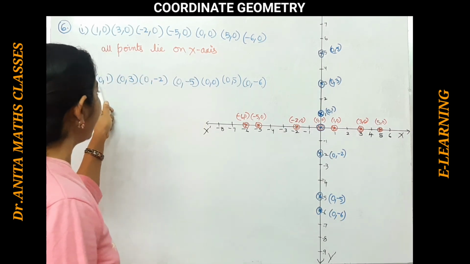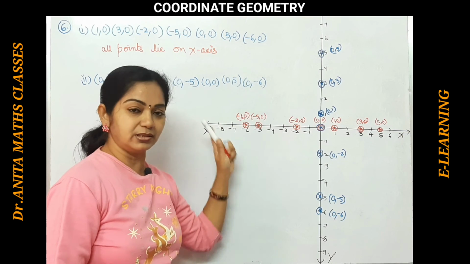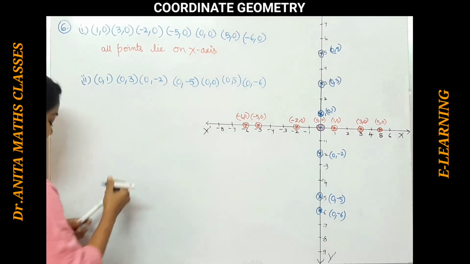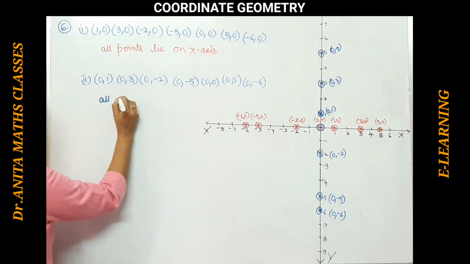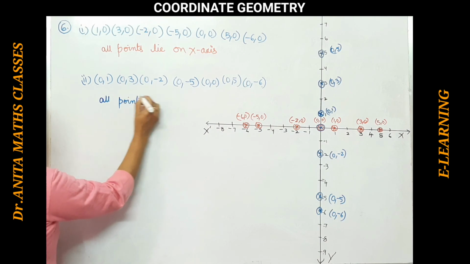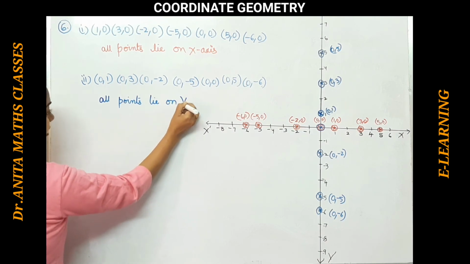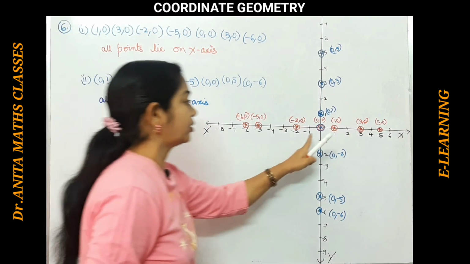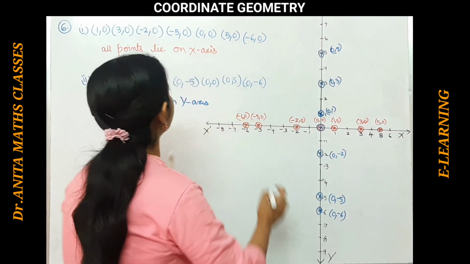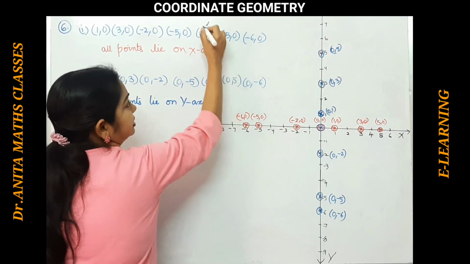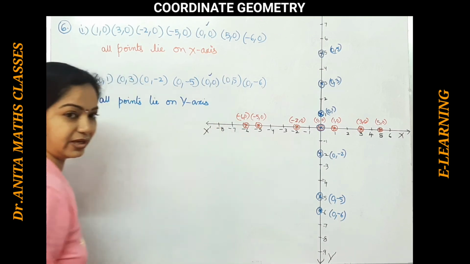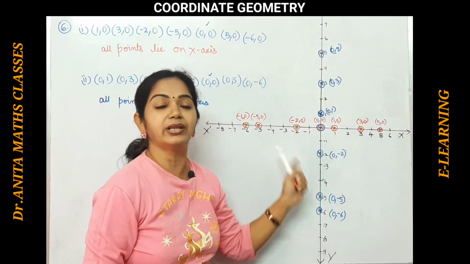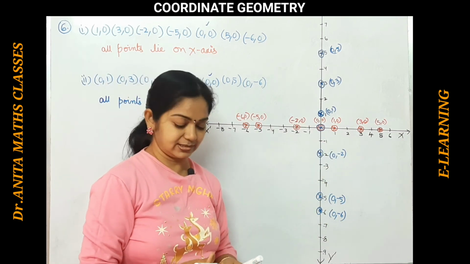That means when the abscissa is 0, when the x coordinate is 0, all those points lie on the y axis. So that observation we will write it here. All points lie on y axis. And there is one more observation we can see. From these two set of points, we can see that the origin is lying on both the axes. So first point here the origin and here the origin. Here it is lying on the x-axis, here it is lying on the y-axis. That's what we mentioned in the previous sum also, that the origin lies on both the coordinate axes. Coordinate axes are nothing but the x and the y-axis.